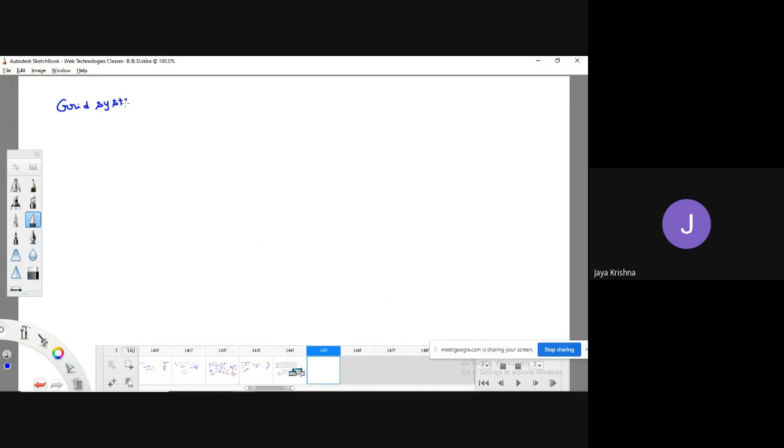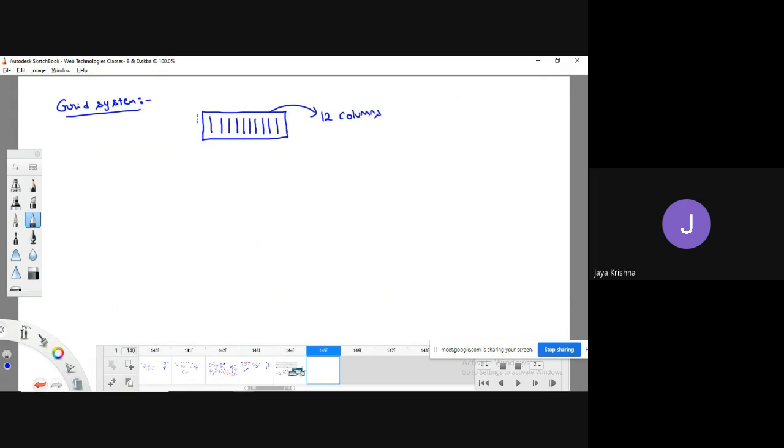Grid system in Bootstrap programming. First, let me explain how they have implemented this grid system in Bootstrap. Observe, guys. If you take any kind of screen, they assumed and they have split the screen into 12 columns. Don't count this; they assumed they have split this screen into 12 columns.